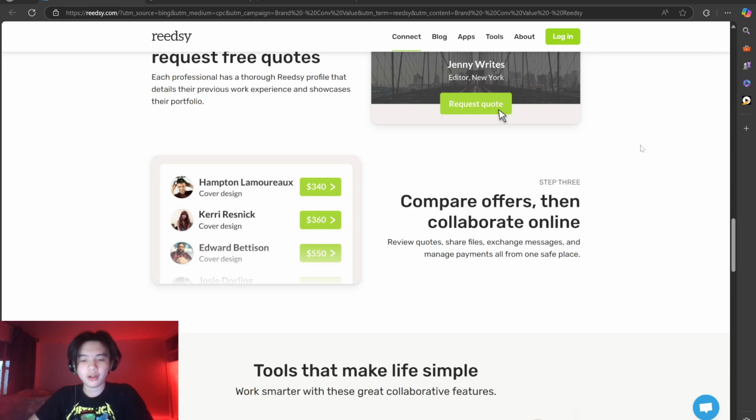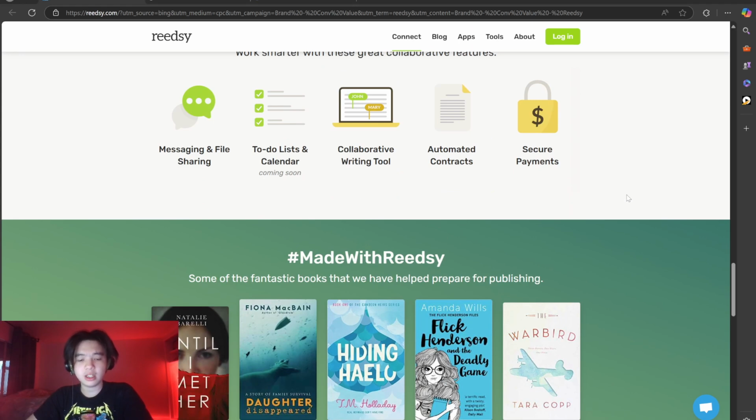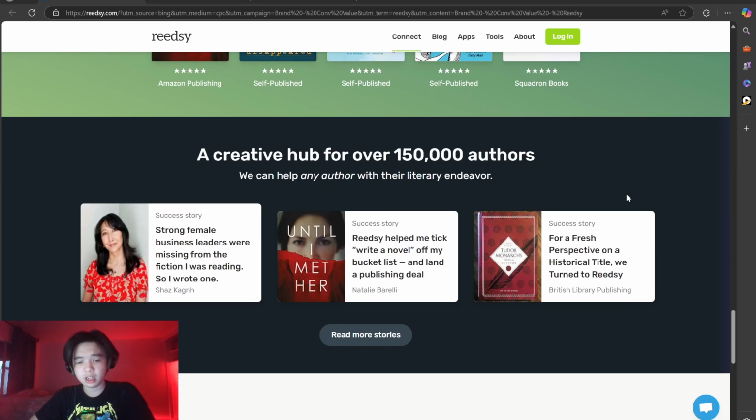where authors can connect with top-tier professionals for editing, cover design, marketing, and ghostwriting. All professionals are vetted, and you can browse portfolios, compare quotes, and manage contracts directly within the platform. This makes Reedsy especially valuable for indie authors who want to produce high quality books without building a publishing team